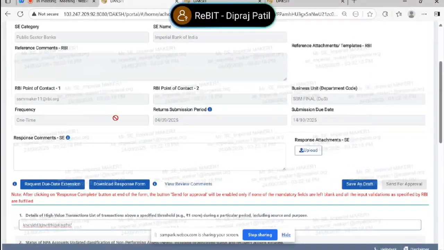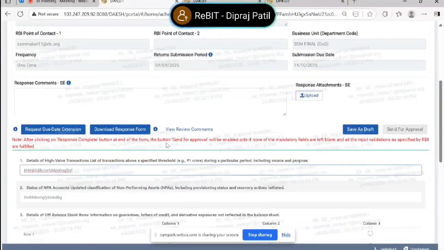A return form can be published by any department of RBI. It can be published by the DOS department, by the DOT department, or by any particular section of any particular department. So it's not in our hands. The department that publishes it is the right person, and they are more aware of what exactly they are asking and what they are expecting from the users or from the AC. So if any AC users have any question regarding submission,